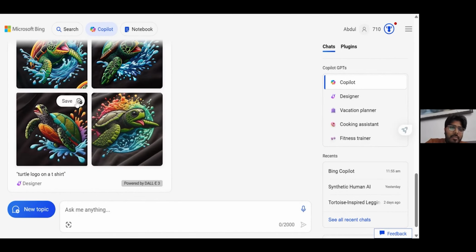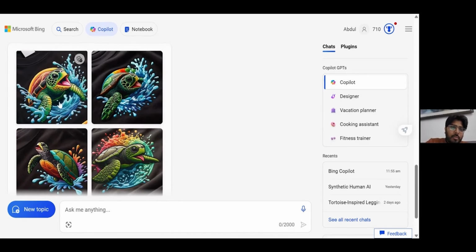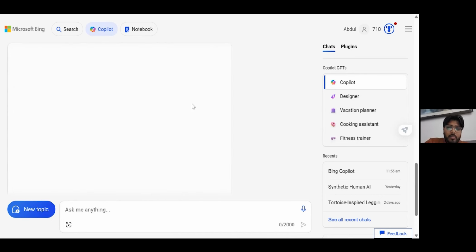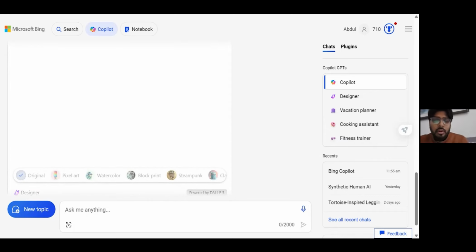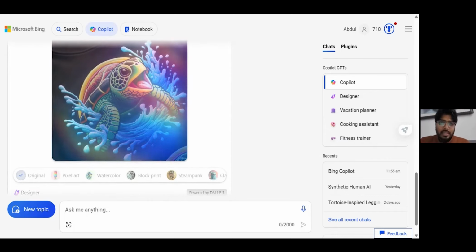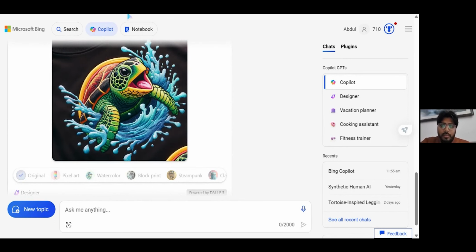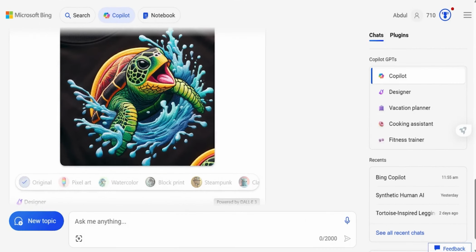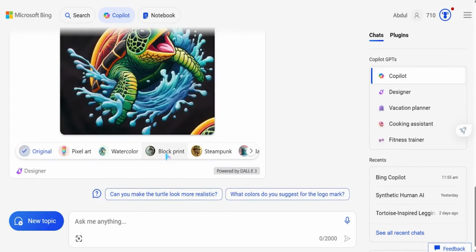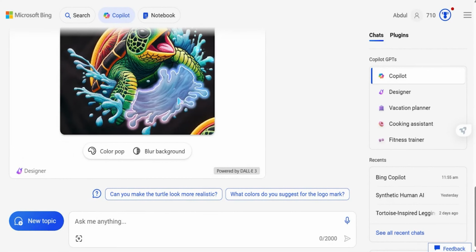I can modify this also. In case I want to modify this, I can click on this and have some more options, some more alternatives that I can suggest to my AI about what exactly I am looking for. Here I can definitely make some changes if I want.